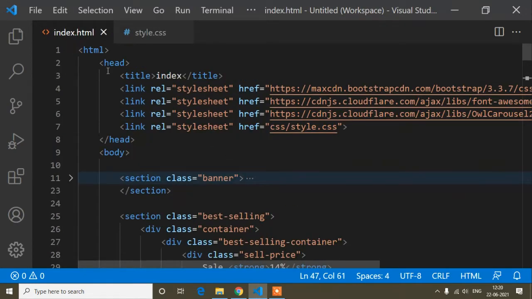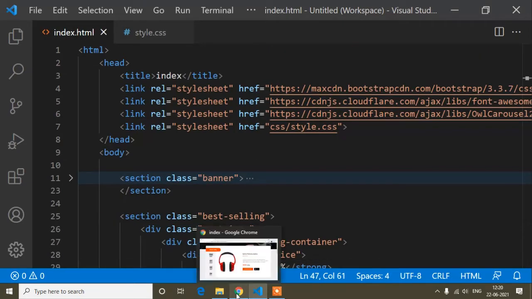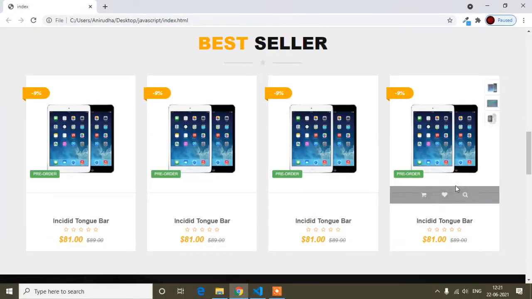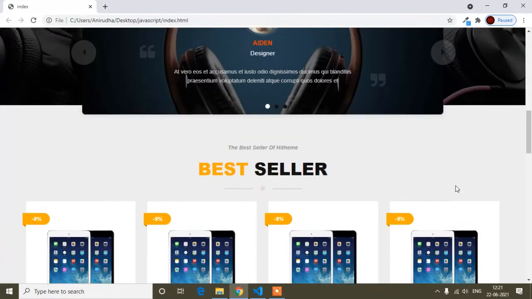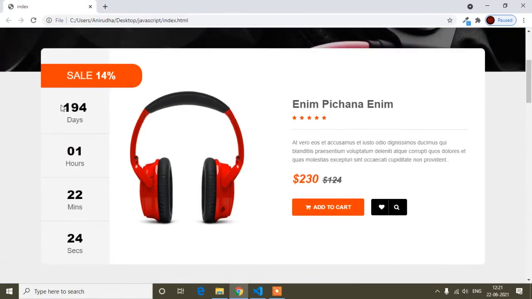And guys, here you can see I have already written some HTML and some CSS. The HTML and the CSS code is for all the design which I made previously, and that link I will provide in my playlist. If you want to add it, you can check all my previous videos. Otherwise, if you just want to add the functionality, you can do that. I mean you can watch only this tutorial also.